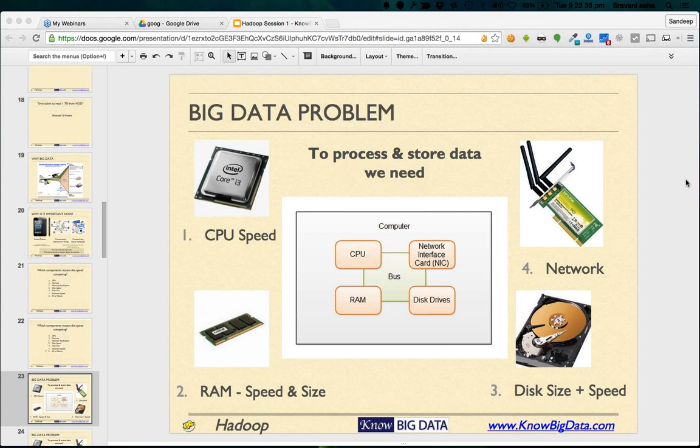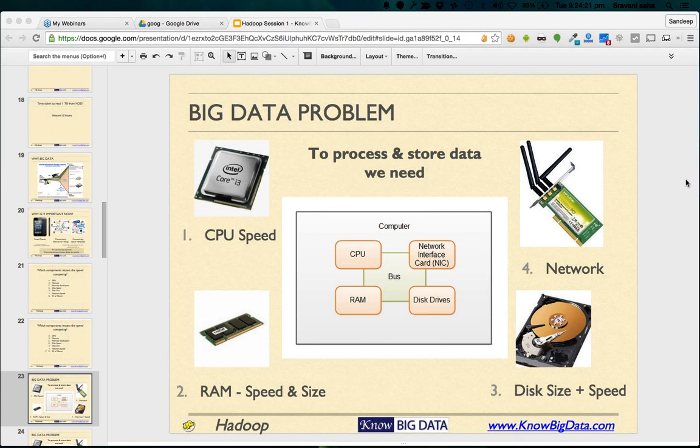Now the third part, which is another important part, is disk speed. Disk speed is the speed at which you read the data. And trust me, when we talk about the problems of volume, the three V's we talked about, in case of volume it is the disk read speed which becomes the bottleneck. As we also talked about in the previous slide, it takes around 6 hours to read 1 terabyte of data. So disk speed is the most important component when we deal with a large volume of data.